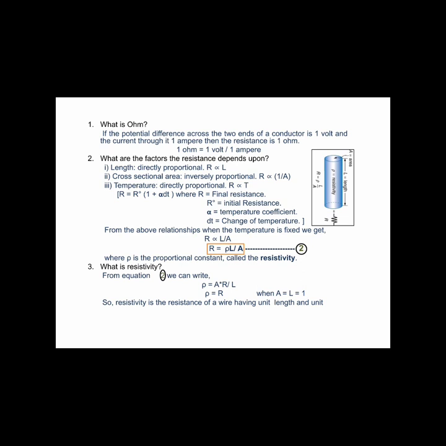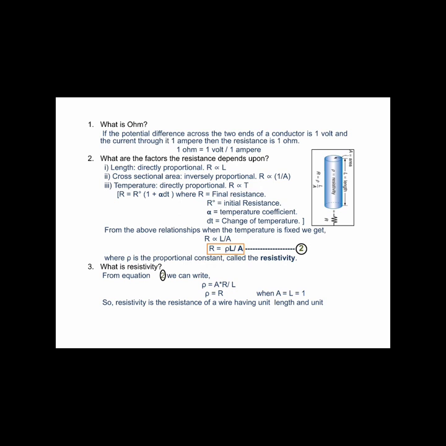What are the factors? The resistance depends upon length. Length is directly proportional to resistance. The more the length, the more the resistance. Cross sectional area is inversely proportional to the resistance. The more the cross sectional area, the less the resistance. That is why R varies as 1 by A. Temperature. Temperature is directly proportional to the